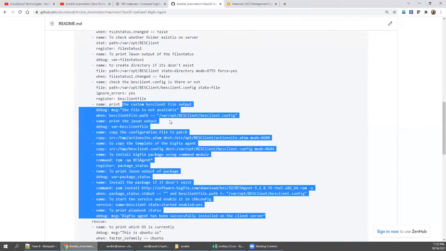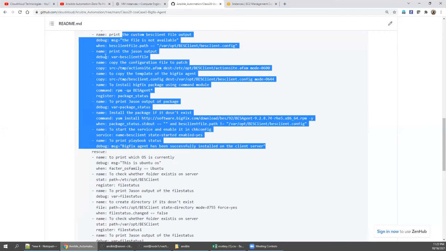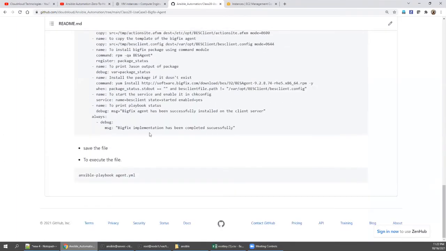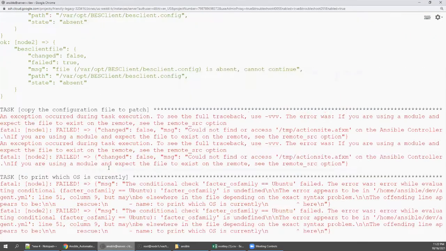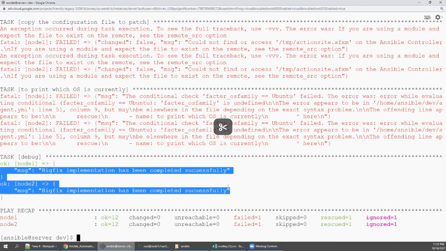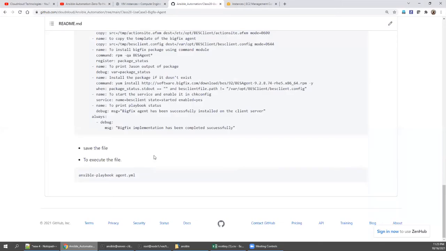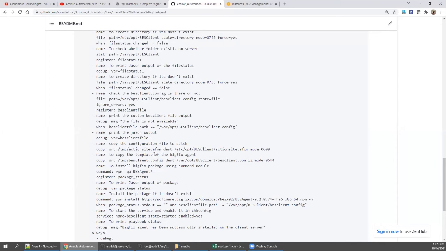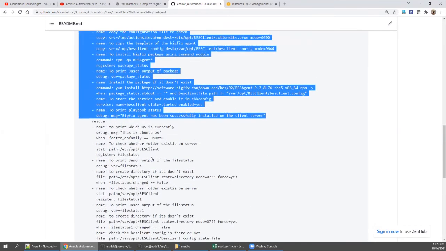All right. If it failed, once it has executed, it will come out, and then always will be printed. See here, always is printed because Ubuntu automatically throws an error, since our lab is set up on CentOS. Like this, you can apply block, rescue, always to a heterogeneous or multiple-OS environment.